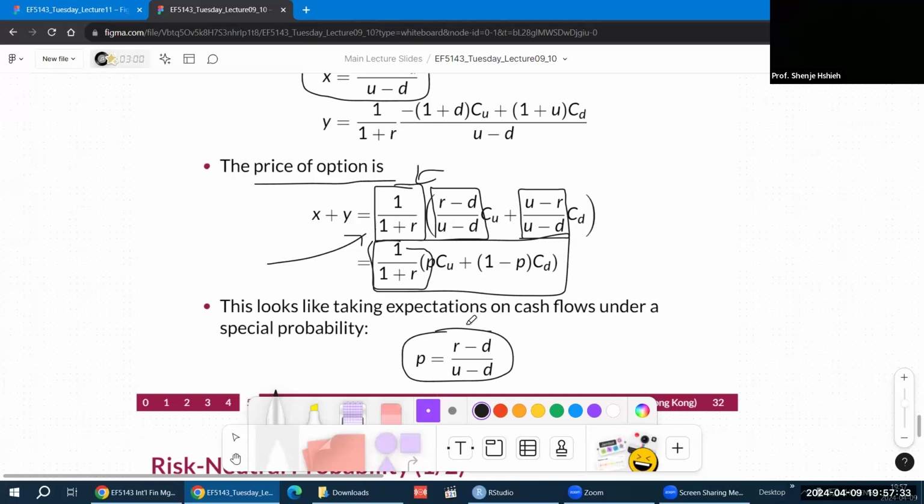Volatility comes in from the numerator. So you can think about R minus D as something very similar to sigma, right? So if the returns are very, very high, if the